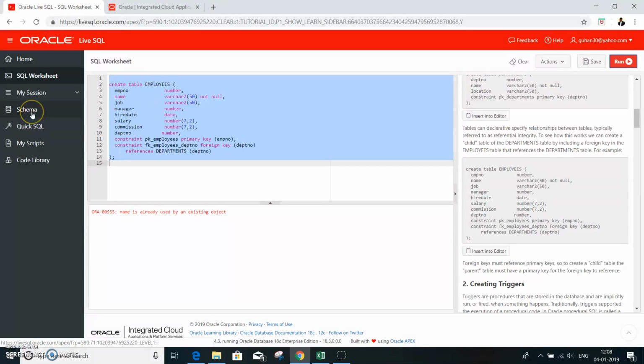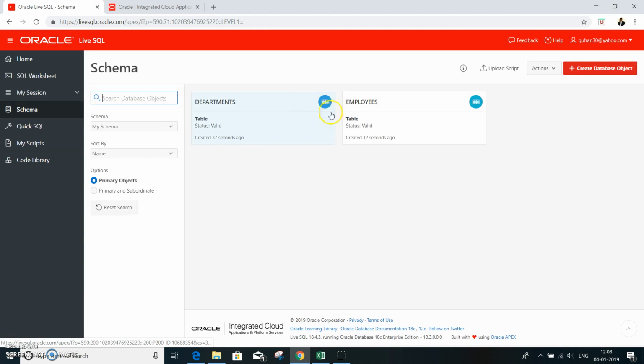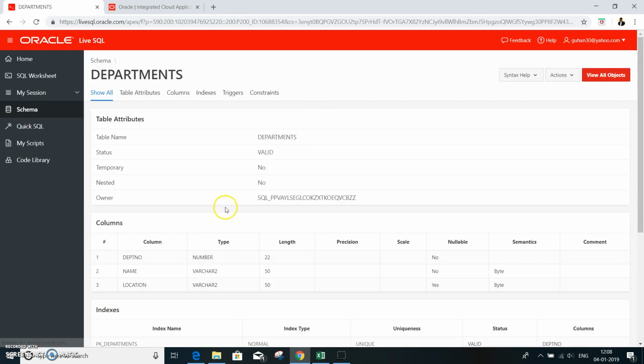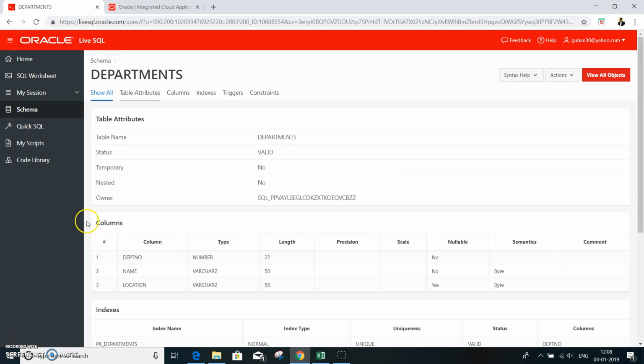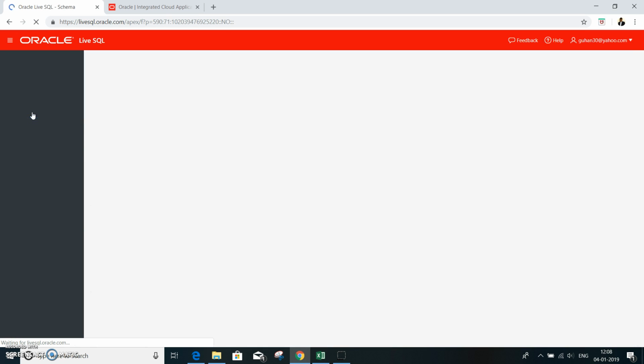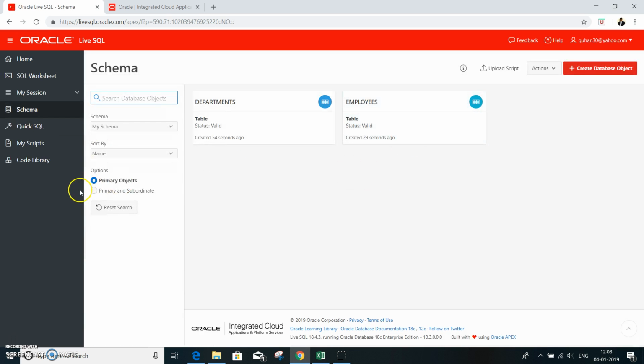If you want to check whether that is created, all you need to do is get into the schema. You have a department table, and it lists out all the column names, and you also have the employee table.